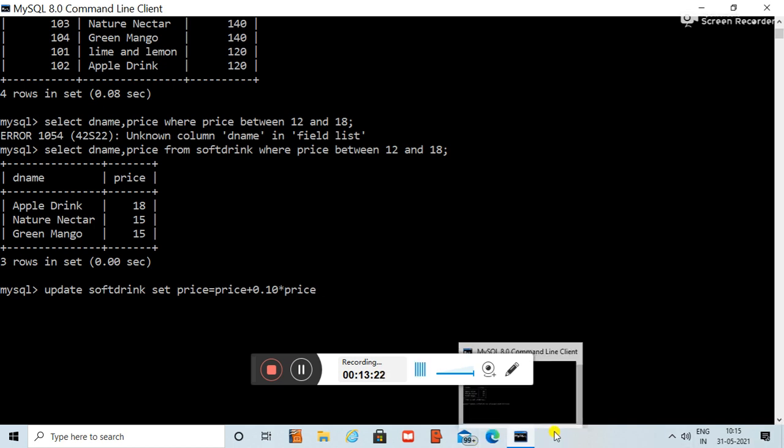Fine, so 10% we are going to increase over here. Update, table name, set, field name, then the expression we have written over there. Fine, now we are going to enter.